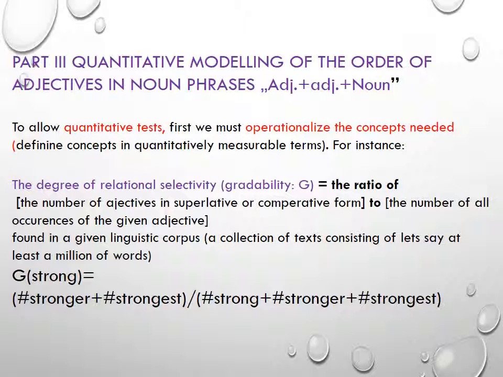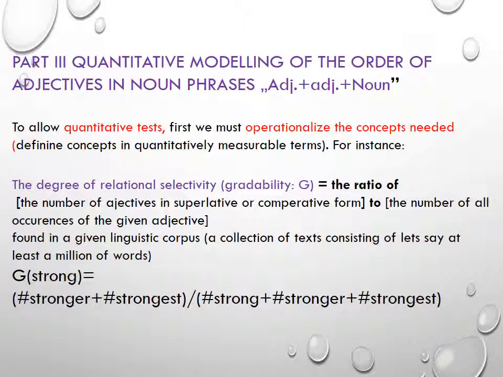Such measures in linguistics are often expressed as some statistical characteristics of a given item observed in a big collection of linguistic texts, a so-called linguistic corpus. Proposing such a characteristic of a corpus, which approximates some intuitive concept, is called operationalization of that concept. This definition will become clear if we look at some examples.